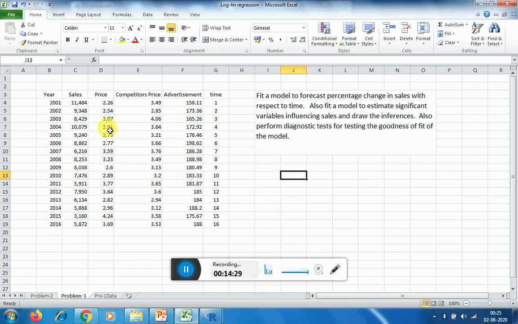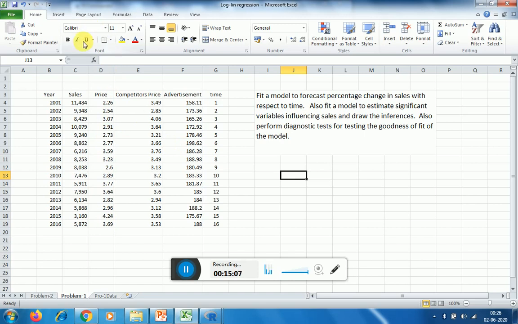So it is always better to express these values in percentage terms. Whenever we are having such type of data, we must first understand the data, and then we should take the decision whether we want to interpret something in percentages or in terms of its absolute value, that is in terms of its units. If we want to express something in percentages, you convert this into logarithmic form. If you want to keep something in absolute terms, you can keep those values as they are.